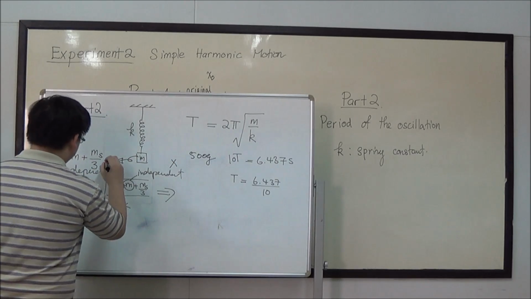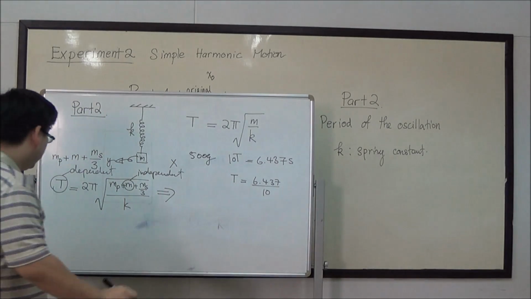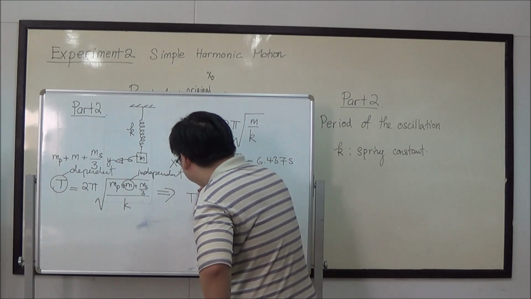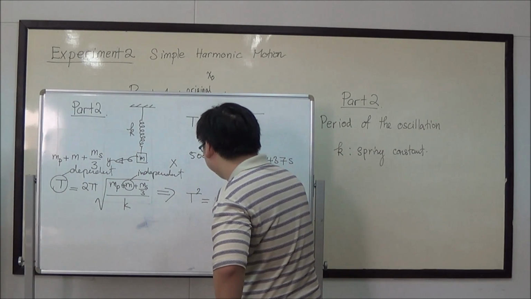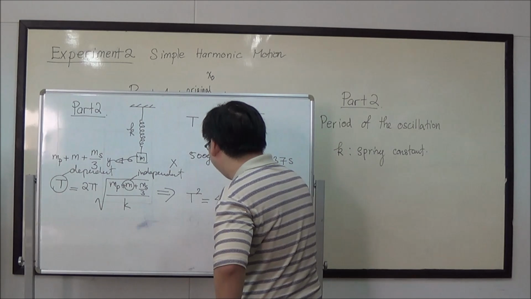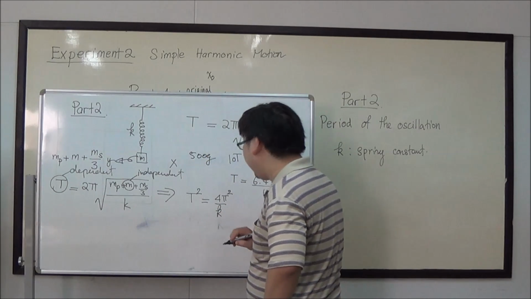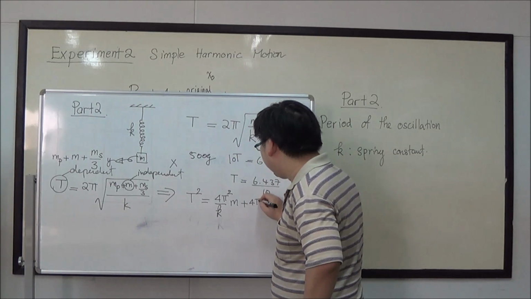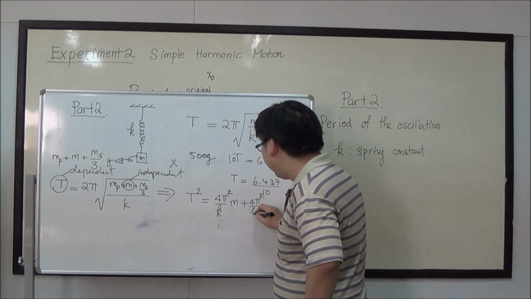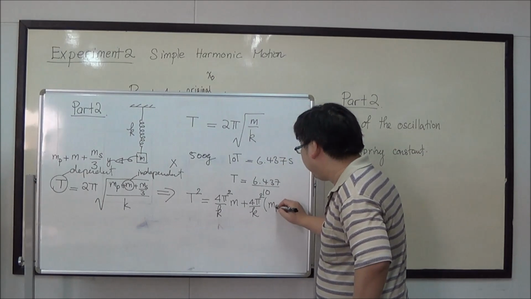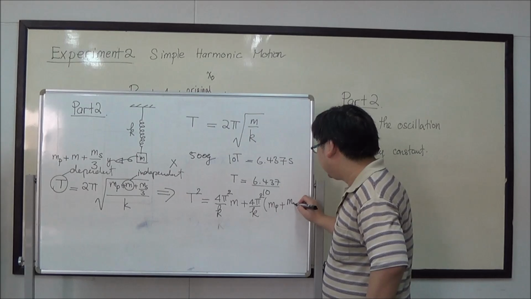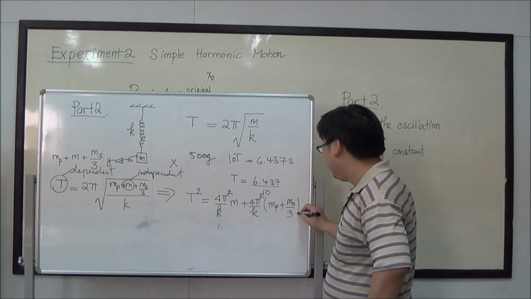So this is X and this is Y. So if I rearrange this equation, I would get T squared equal to 4 pi squared divided by K times M plus 4 pi squared divided by K times the mass of the case holder. This one is constant,